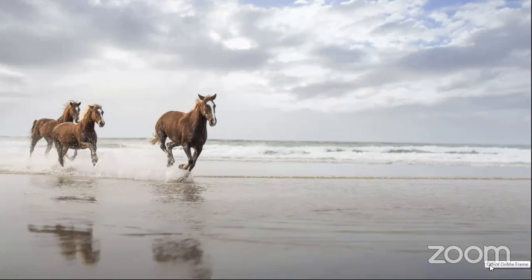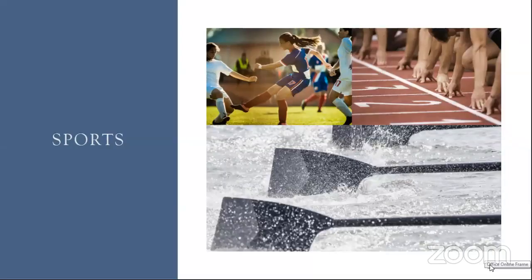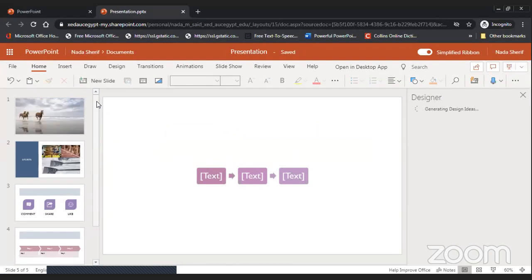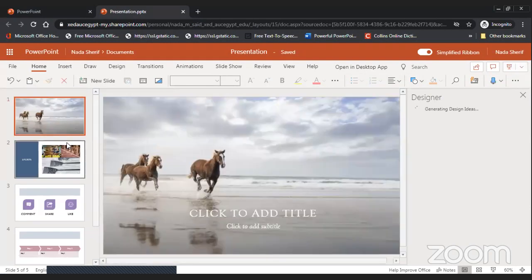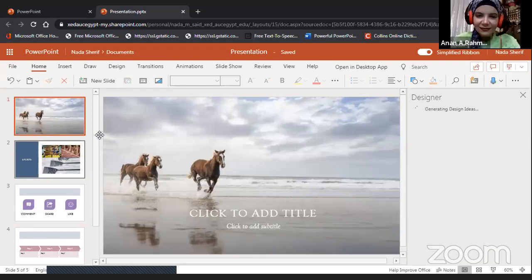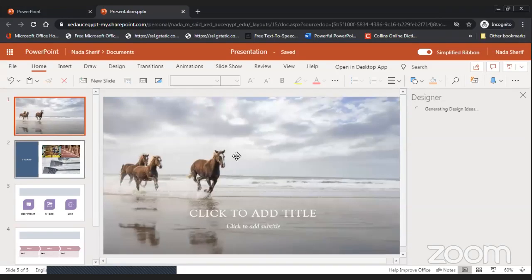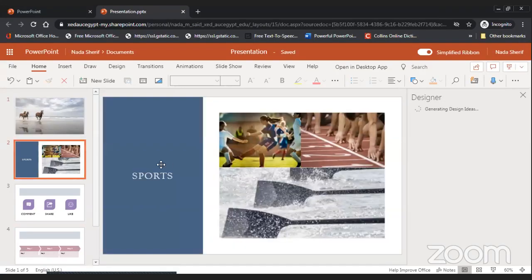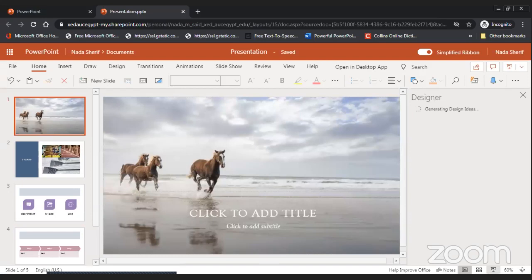So if we started something like this, this is just the slides and it moves without any movement, without any special movement. It just moves as if we are moving from one thing to another without any special